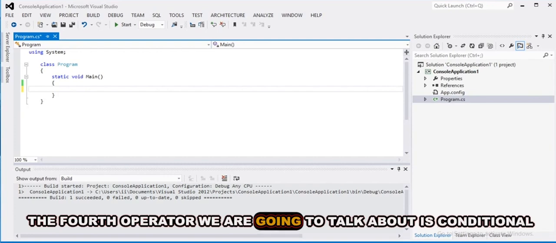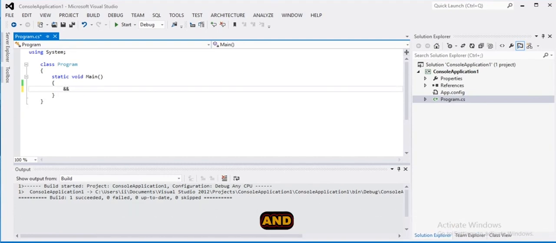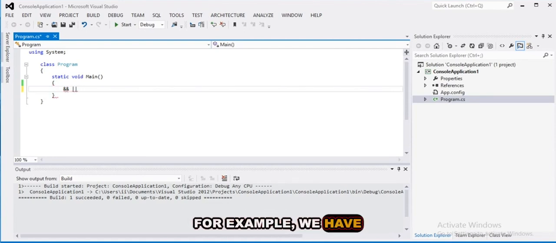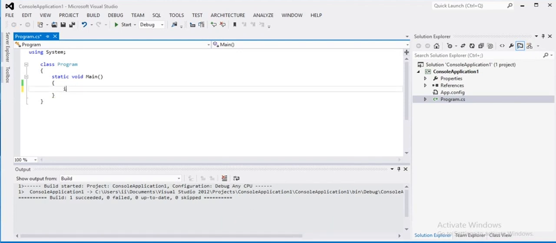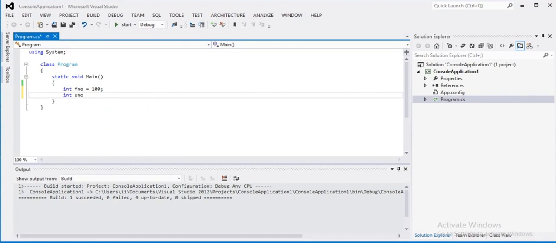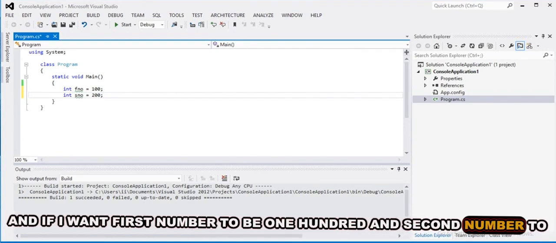The fourth operator we are going to talk about is conditional operators, and we have 2 operators here, and and or, the pipe symbol. For example, we have 2 numbers. First number is equal to 100 and the second number is equal to 200. And if I want first number to be 100 and second number to be 200, all I want to do